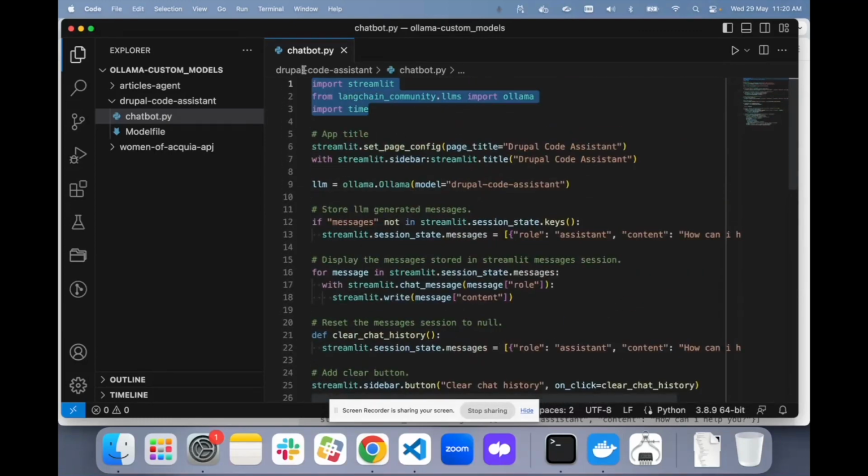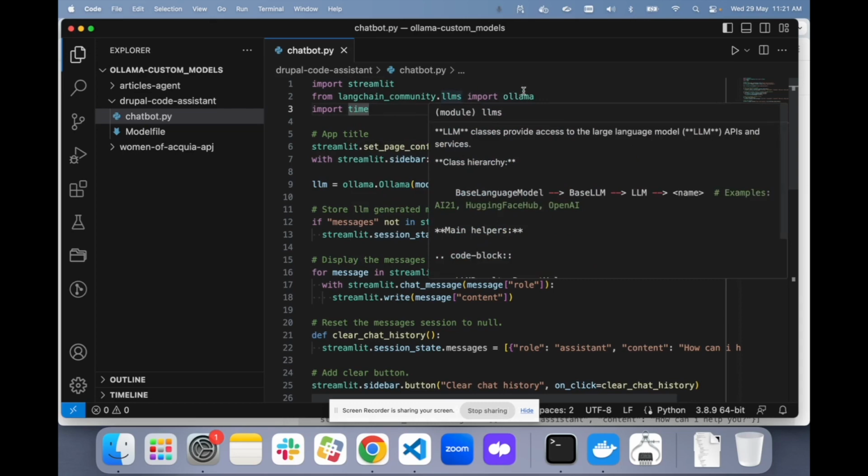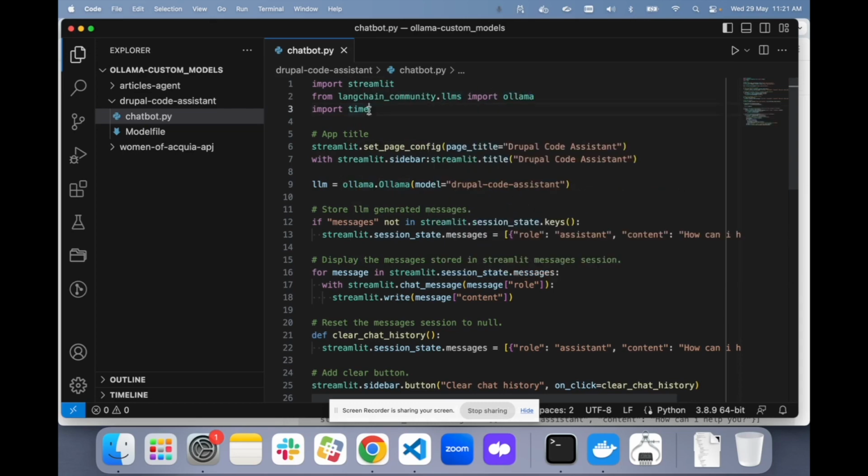So what we are doing is importing the libraries first. I have told you that we have to use Streamlit and LangChain, and from LangChain I have imported Ollama, and then we have to import time.